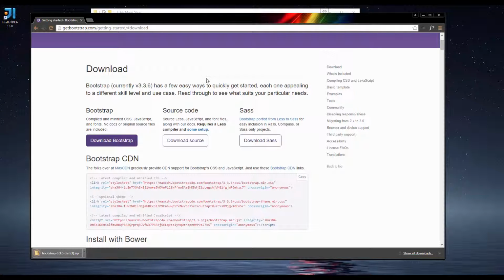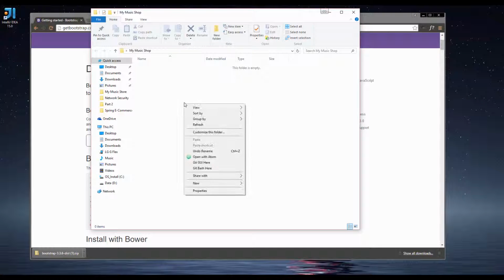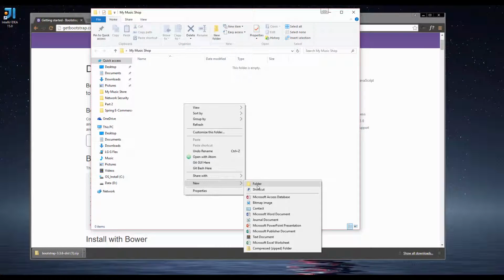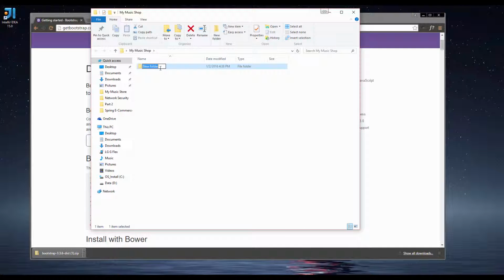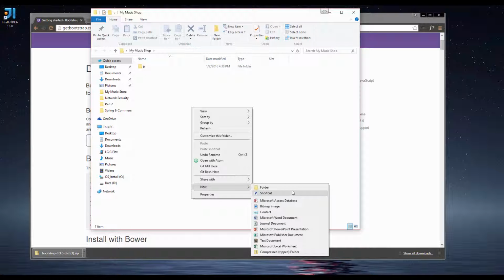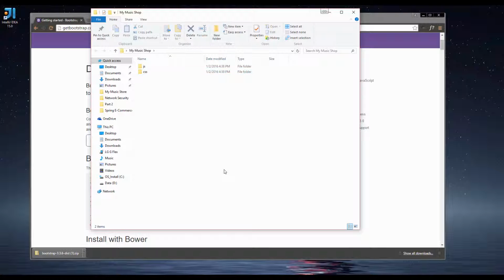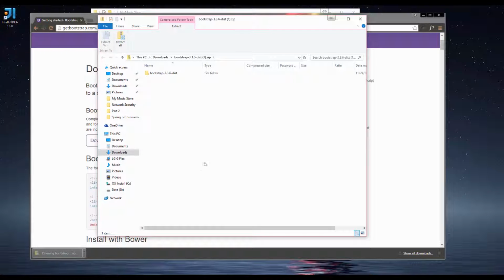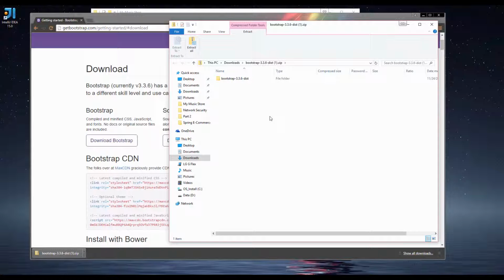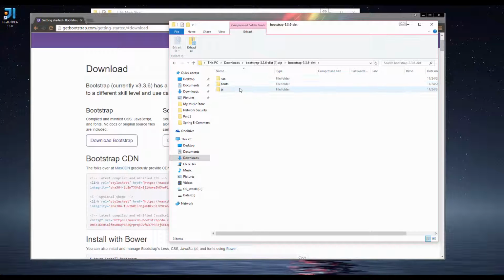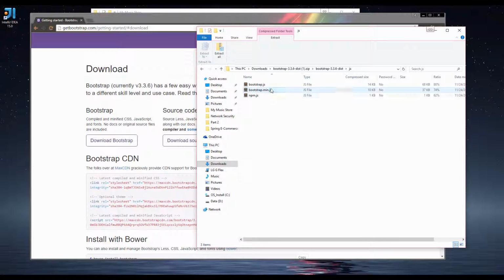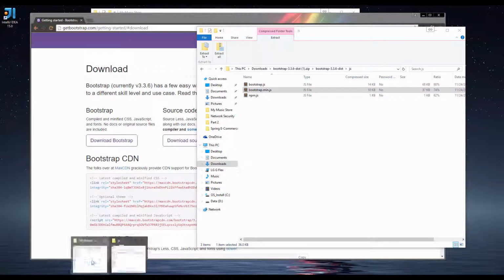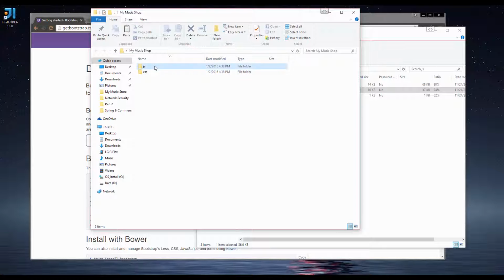Okay, and then we create some new folders in our My Music Shop folder. The first one is JS, which is for JavaScript, and the second one is CSS. And then we open the downloaded zip folder. We go into this JS folder, copy this bootstrap.main.js file to our music shop JS folder,